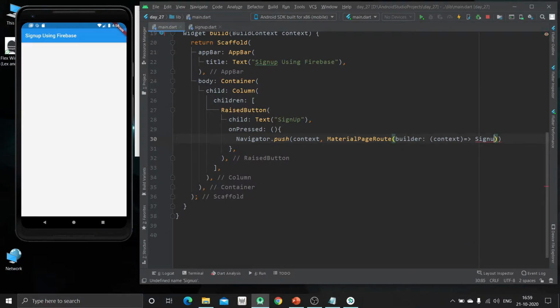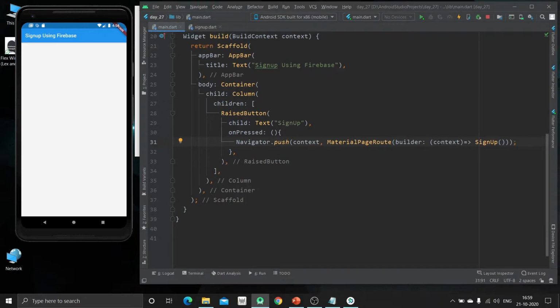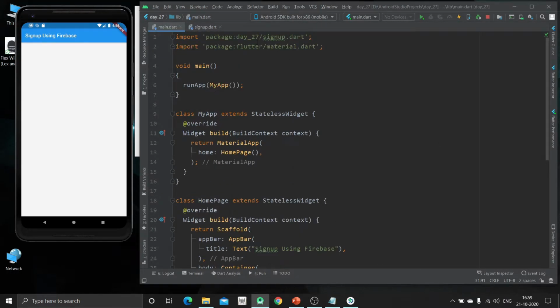So here is the sign up page. Now if you are getting a red underline under this SignUpPage class, you can manually import this, that is package, the app name which you have given and the page name which you have created.